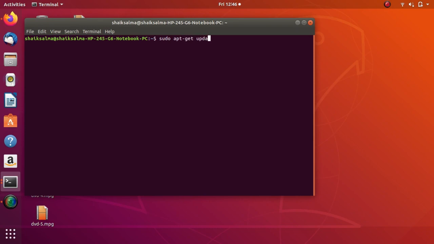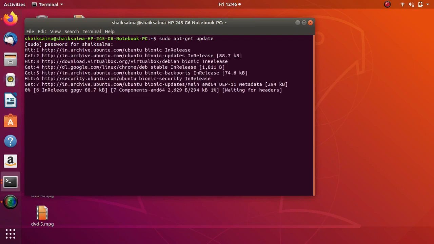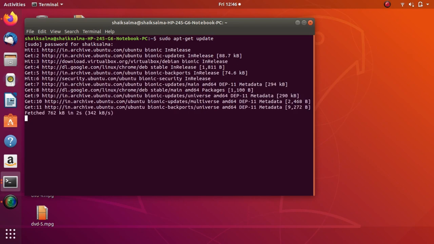Okay, sudo apt-get update, enter. It will ask you the system password, enter. It is updating the Ubuntu libraries. Okay, the system is updated.